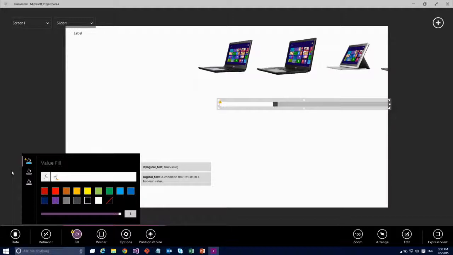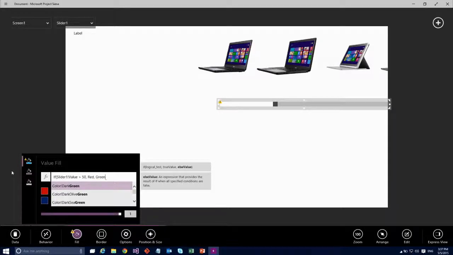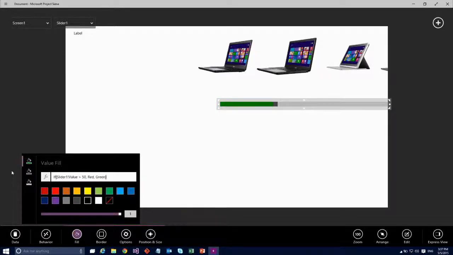So I'm going to say, if my slider value is greater than 50, make that color red. Otherwise, make that color green. Maybe I'm doing a price thing or a quantity thing, and as you drag from 49 to 50, it turns red. And that logic is just going to always run. It's just exactly like in Excel. This is just always recalculating. It's actually based on an engine that is very, very similar to Excel.